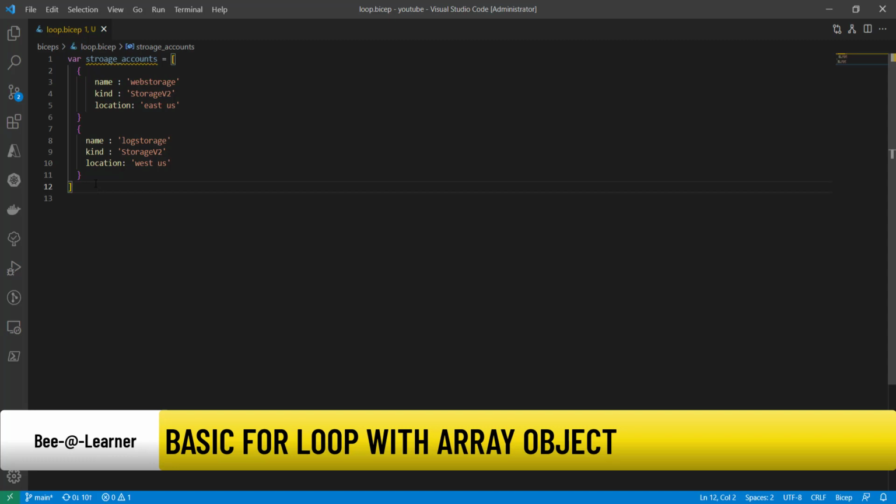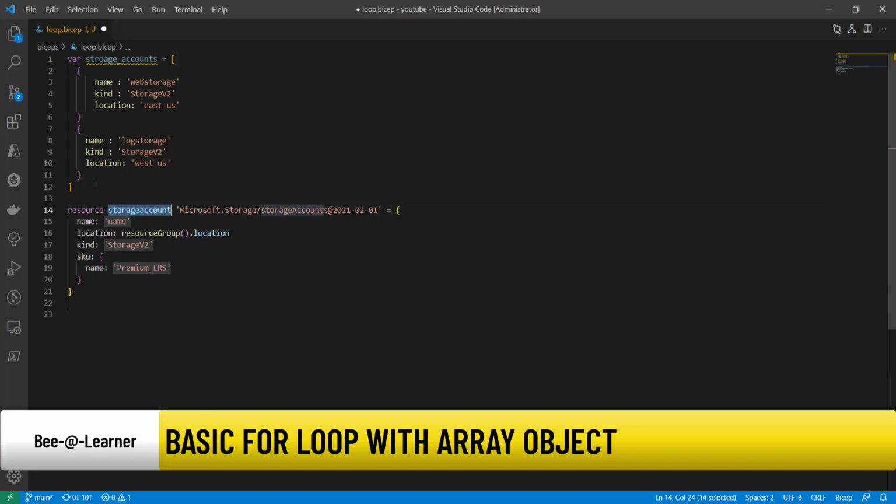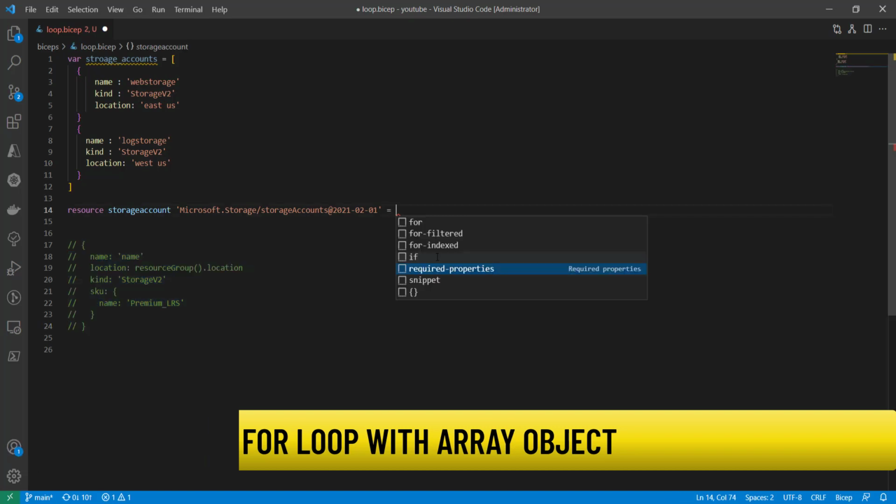for that we would like to use loops. So how do we use the loop? Let's look at that now. First of all, I will define the resource which I would like to create, which is of type storage account. So I'll create a storage account. If I press tab, then this is the information I'm getting. I don't want this information as of now because this would only help me create a single storage account. So I'll comment this out for a moment, and then after the equal sign, if I press